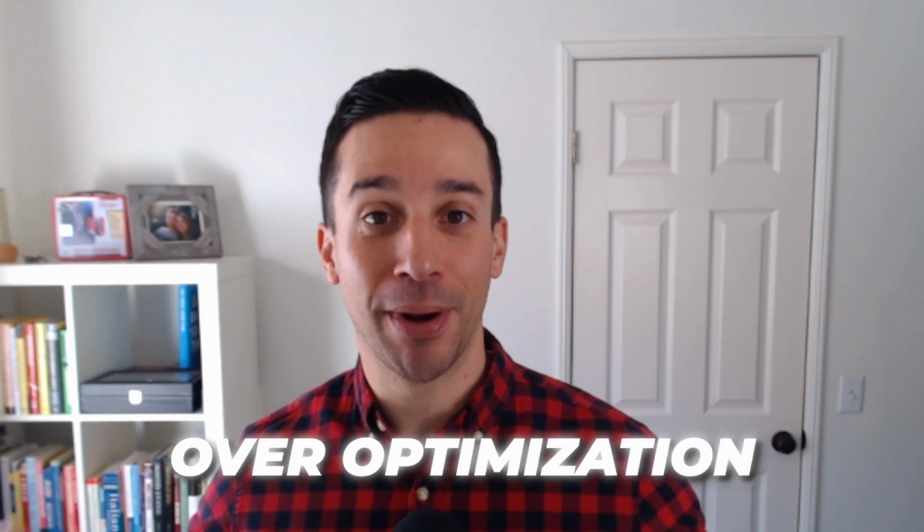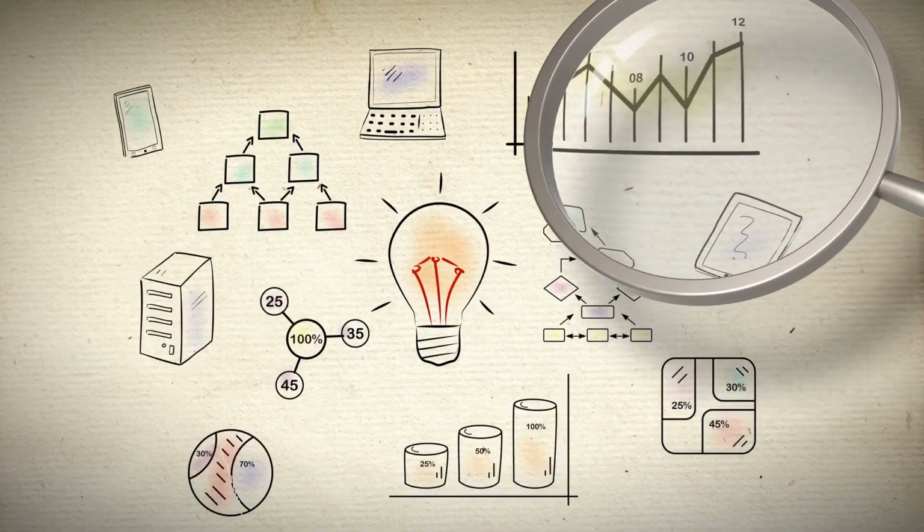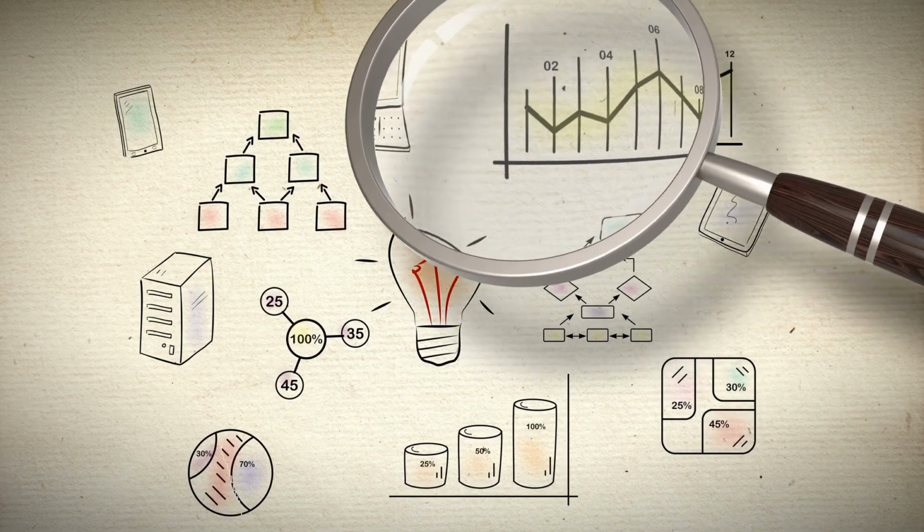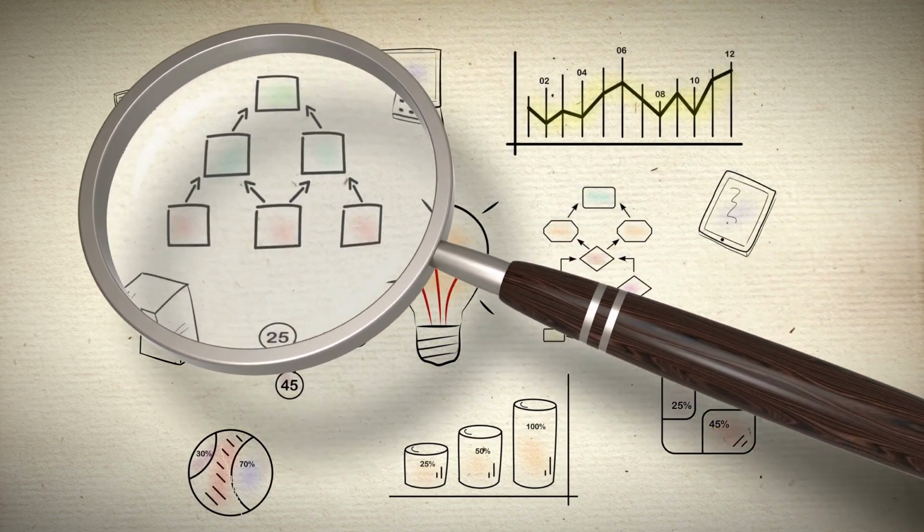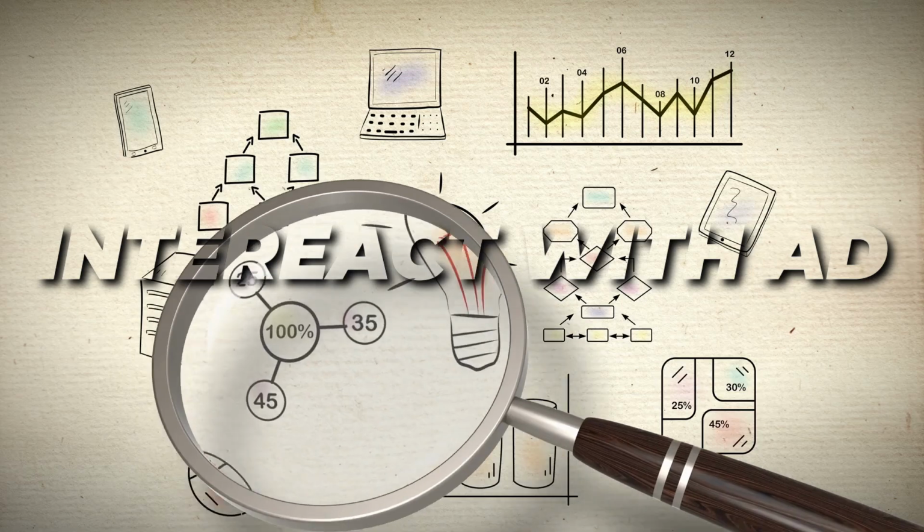So you're right to think that that might be a little bit of an impossible scenario, but this boils down to what I call over optimization by the algorithm. The algorithm is constantly analyzing people's behaviors, and one of the behaviors that it picks up as a positive signal is that if you or anyone else interacts with an ad, they see that as a signal, hey, this person right here is interested in this business, therefore they might be interested in what they actually have to sell, which on the surface definitely makes sense. What ends up happening is that it'll just way over optimize for that positive signal.